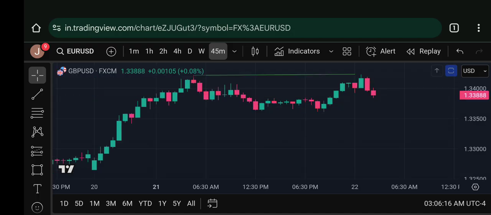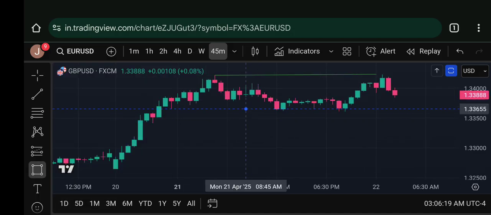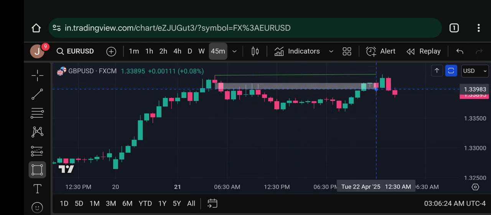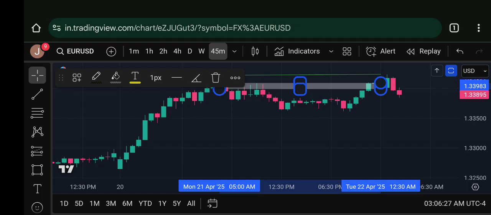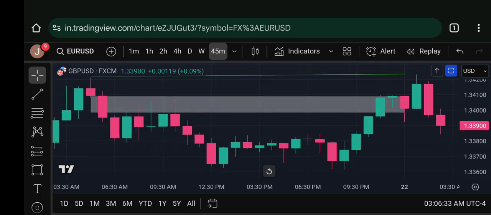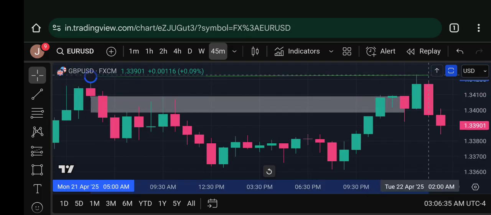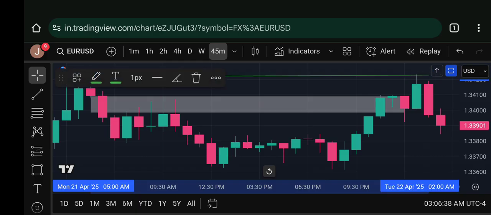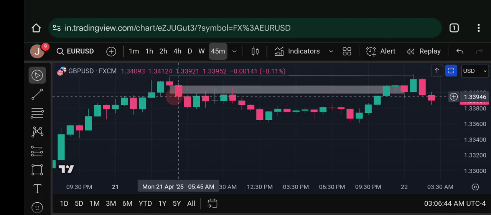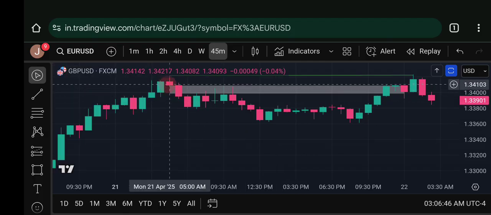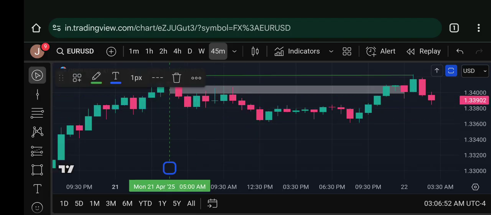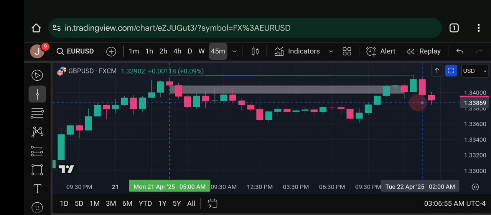Whereas on GBP/USD, the same CB on 45 minutes was disrespected, or inverted, you can say, and made a liquidity sweep by making a higher high. If I show you what this high is, 217, and this is 232, we can see that here. And if I put a vertical line here and here,